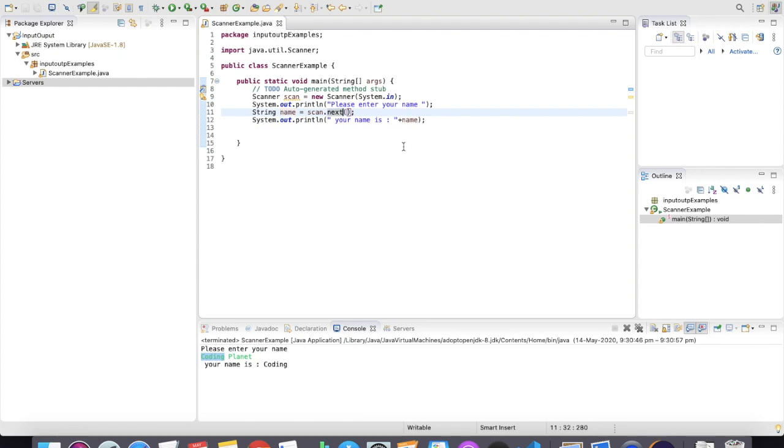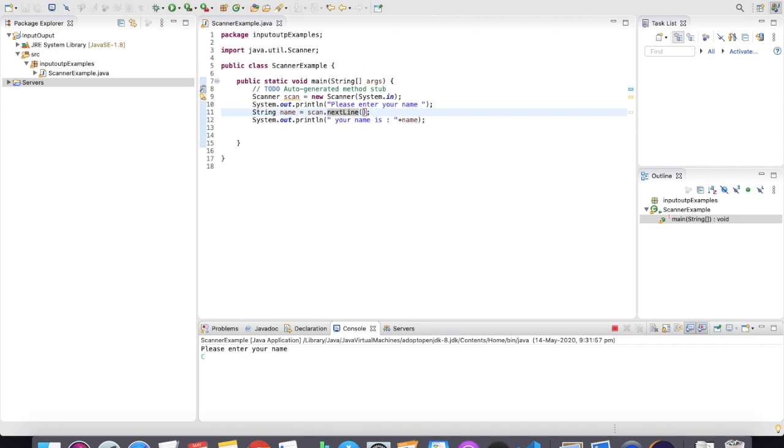But if you want to read the whole line, I'm just going to simply change it to nextLine, save it, and let's run it. Please enter your name, and you can see the whole name is printed.